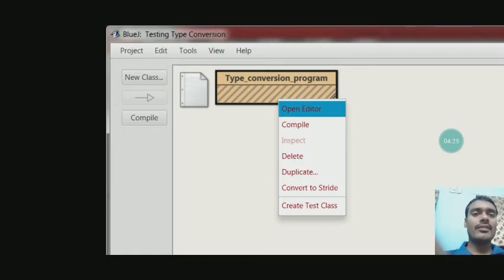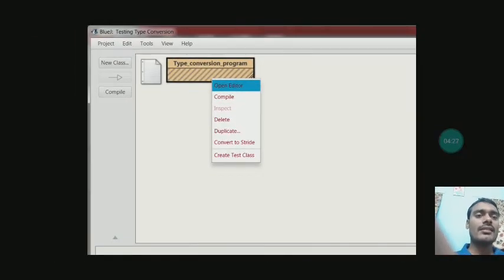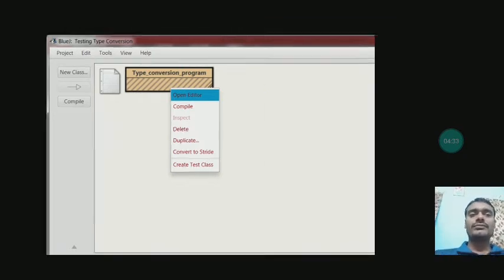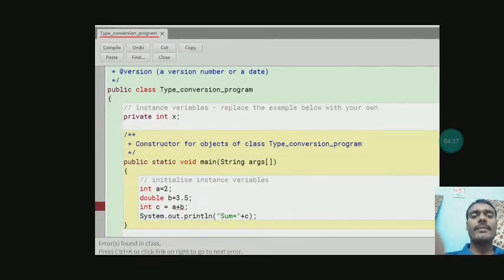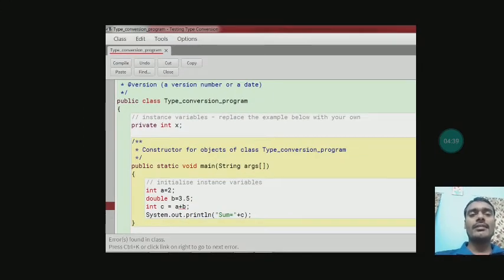This type of yellow color rectangular box will be generated. Then you have to right click on it and click on open editor. After that, when you click on open editor, this editor like notepad will open in front of you. This is your Java editor. Now you can write Java codes inside it.